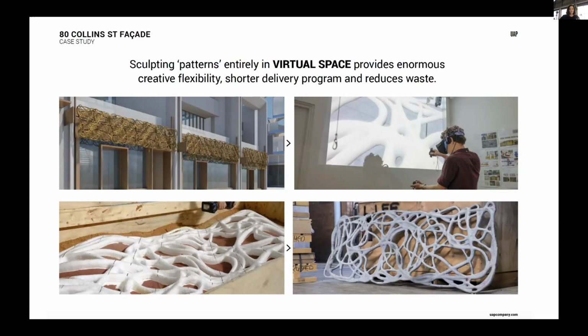In order to design and document this woven structure, which is really quite complicated, UAP used virtual reality with some sculpting software to literally sculpt and generate the design in this 3D environment. Once they had that 3D model, they sent it to the robot to do robotic pattern milling, and then they used that in a lost foam casting process. So we documented this,